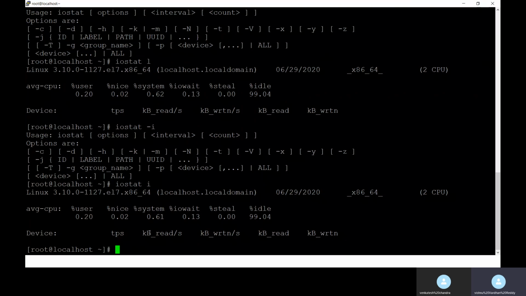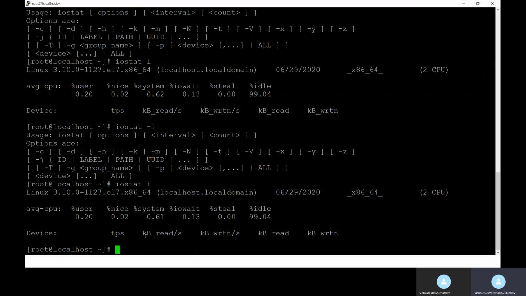It shows what the kernel is and what the hostname is. When it was sorted, what is the OS, 64-bit, and how many CPUs there are. Two CPUs are there. Average CPU: user 0.20 was being used, then nice, the priority of the process, then system, how much is IO wait, and then idle, how much time it was idle.